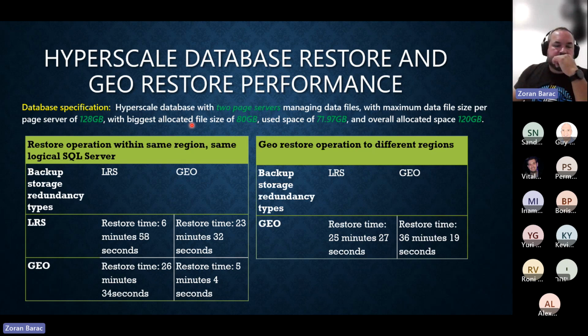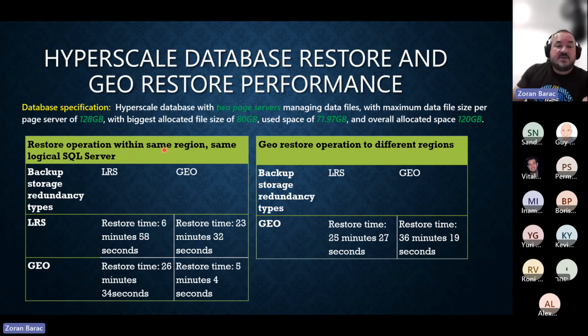That's your restore time. So in this example, we have a restore operation within the same region and the same logical SQL server. The backup storage redundancy type is really important in Hyperscale. When you restore the database from locally redundant storage to locally redundant storage, with a size of 120 gigs, it's going to take you around 6 minutes.